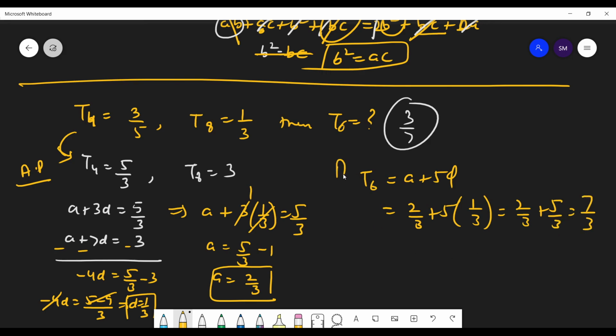So students, this term was in AP. Now the sixth term you have to find in HP. So just the inverse of this you get. So this is how you need to tackle this. So I have taken almost all types of questions of HP today. And tomorrow we'll start with the inequality. The famous inequality means the relation between AP, GP, HP. We'll be doing that.